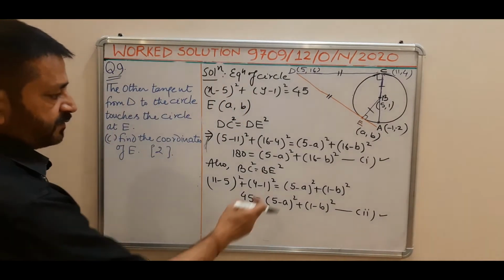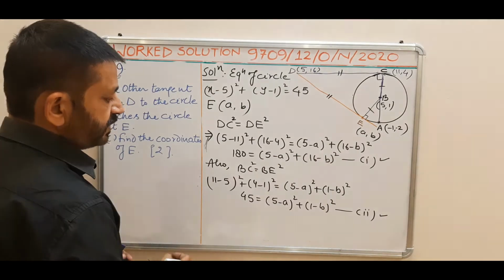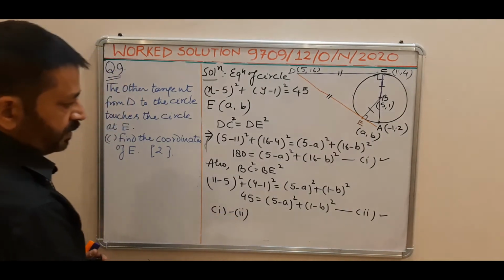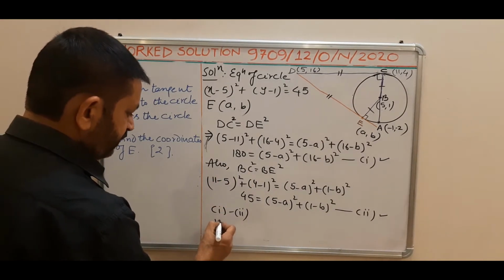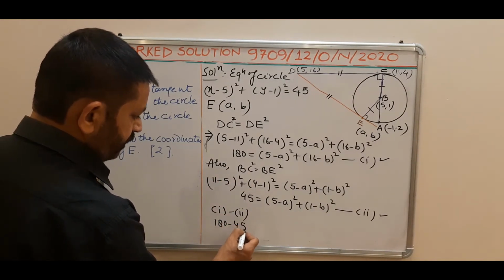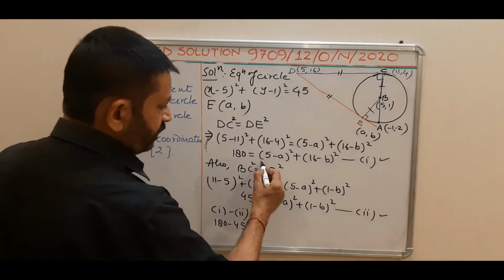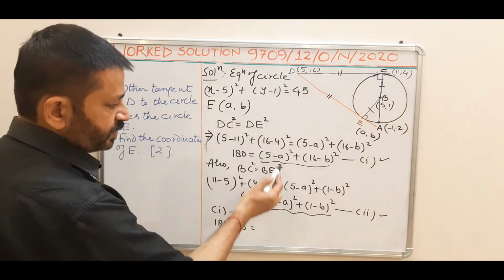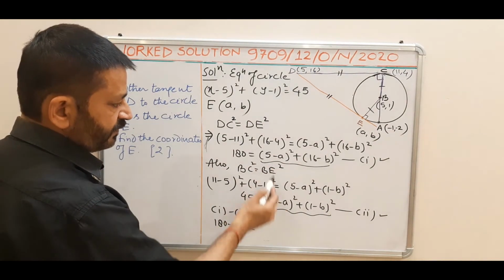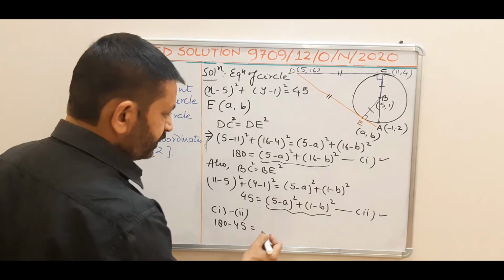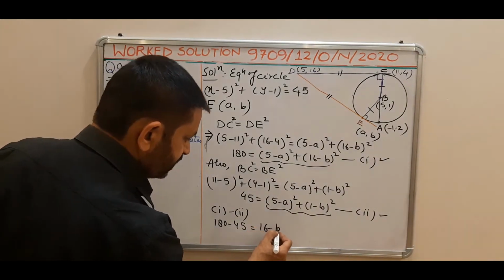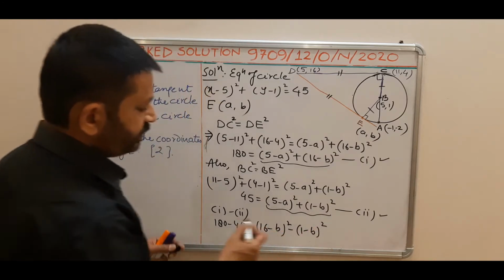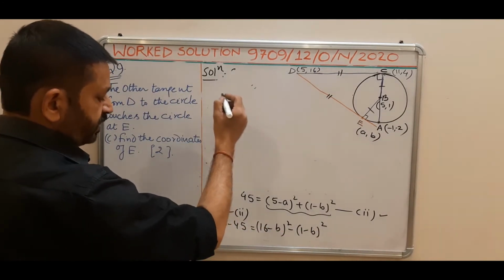Subtract these two relations, 1 minus 2. 5 minus A whole square will be cancelled out. It will become 180 minus 45 on the left hand side is equal to, when we subtract these two relations, 5 minus A whole square cancels out. So what is left? 16 minus B whole square minus 1 minus B whole square. Now we'll solve this. It will become 135